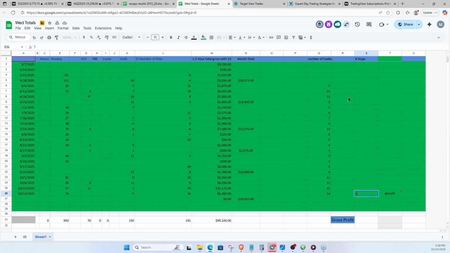Oh, I didn't put one in here. There we go. How many stops did we have? We had 1 stop out there so far. 1 out of 14, right? This should be equals Q divided by S. Oh, this is line 26. Also, it's not 226. That would probably help.